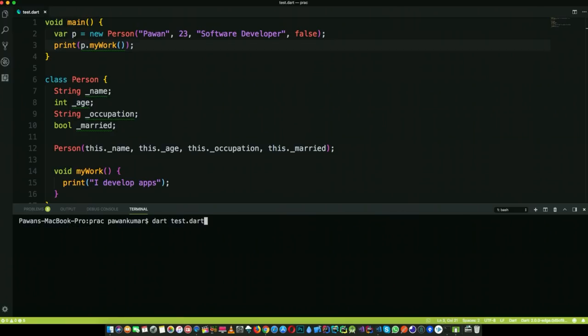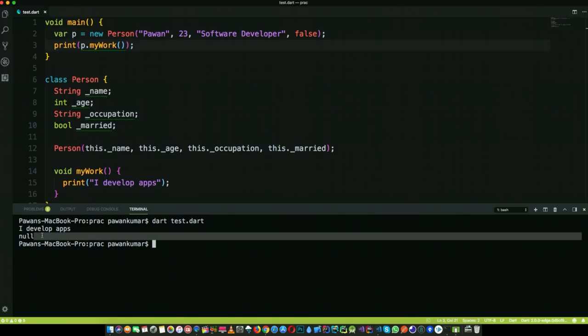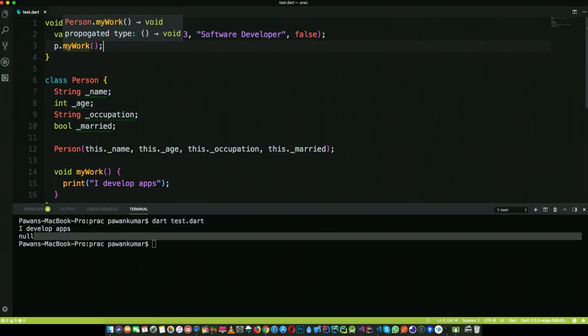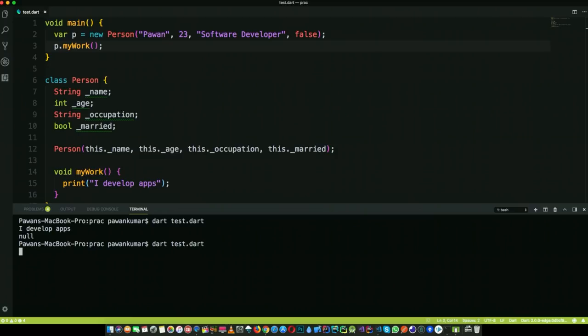So let's run it, and we can see I develop apps, and then we have this null. Why this null is there, I don't know. Oh, we are printing it inside the print, that is the problem. So we will delete this. So this should now work. We will call p.myWork, and let's run it again. I develop apps. Okay, so this is how you